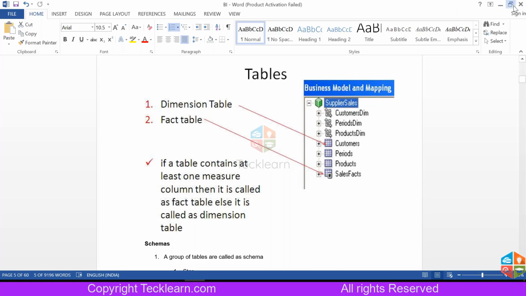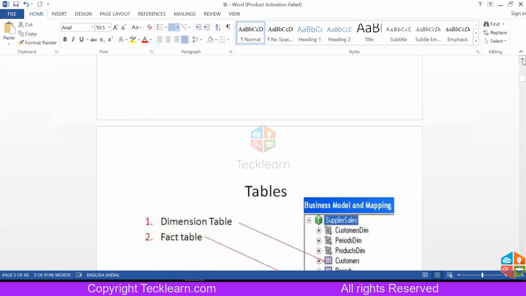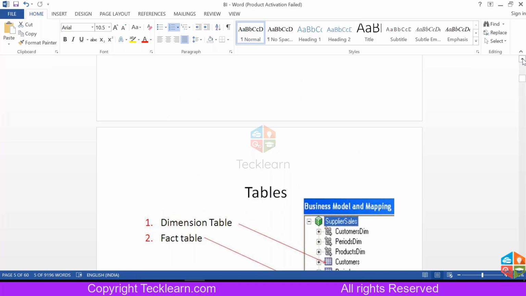Okay. So what about the dimension table and fact tables? Basically, what is a dimension table, right? When you have only the details or the attributes, we can call it a dimension table.